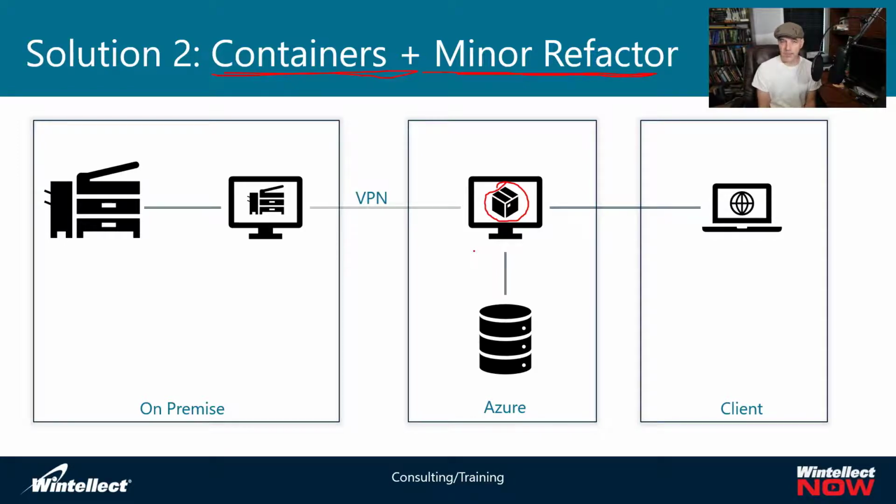The container option opens up a lot of possibilities on Azure, ranging from something like Azure Container Instances to a full-blown Kubernetes cluster. For this one, though, I think I would probably go with Azure App Services for containers, and I would take that Node.js application, containerize it, and then run it as a container on that solution. And container applications can then access some of the storage underneath that. So I could still use Azure Files for my images, as well as the password hashes. And I can use private endpoints, so I can send that traffic back to the printer by way of a